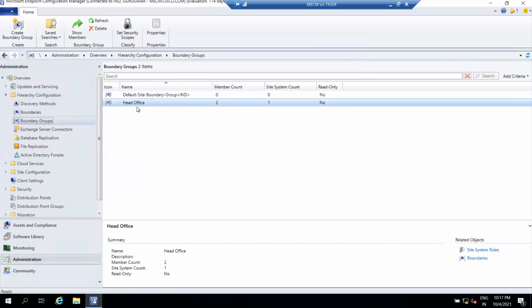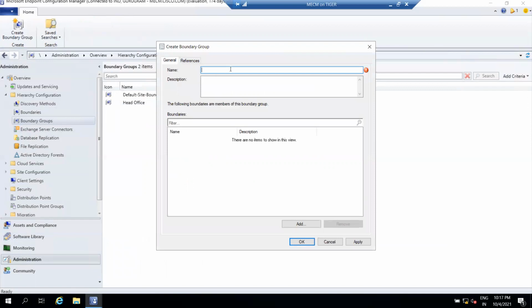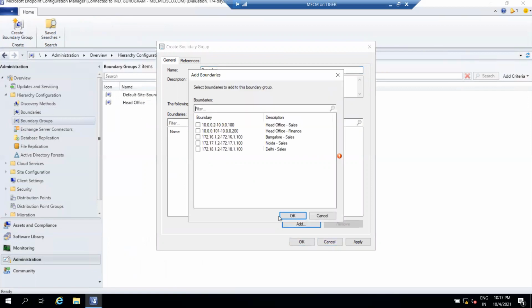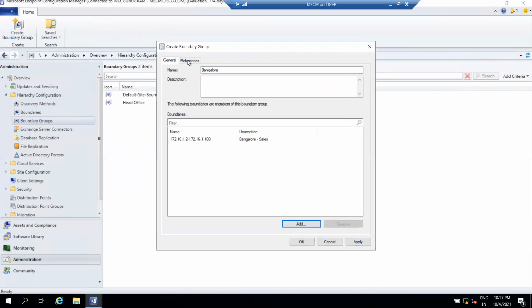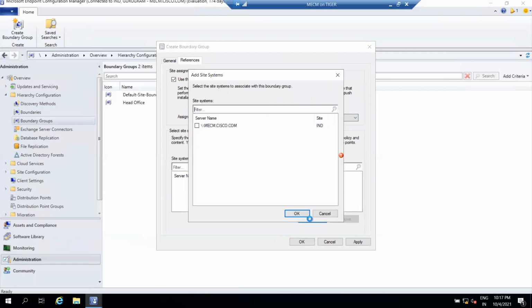Same thing, you can create multiple boundary groups. Now we are creating it for Bangalore. Click on add and add the boundary that we created for Bangalore. Same thing, enable site assignment and click on add.